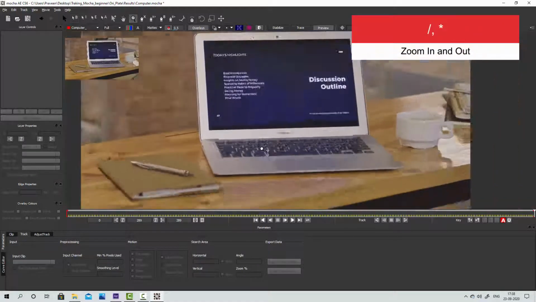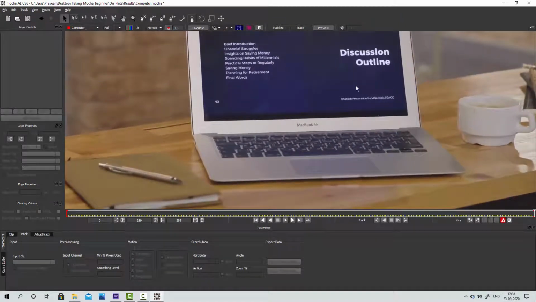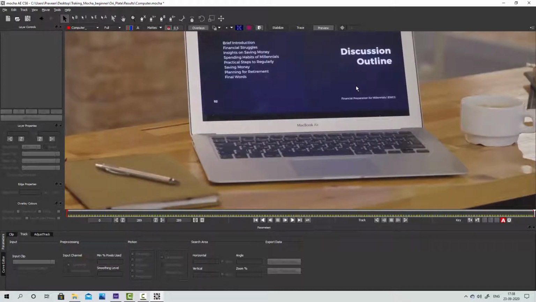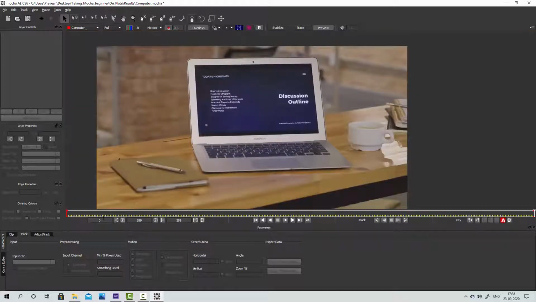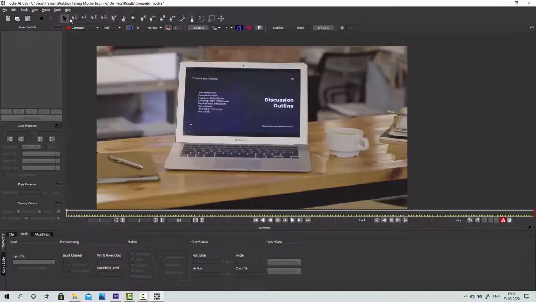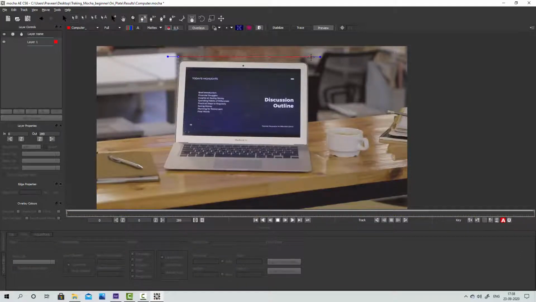You can zoom in and zoom out simply with the backslash and star keys from the right side num keypad. Next I am creating a rectangle shape over the laptop screen. I select the Create X-Spline Layer tool. Adjust the points according to the laptop screen and keep your mask outside the laptop screen.